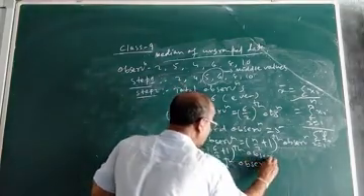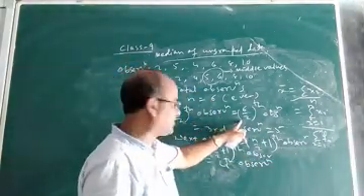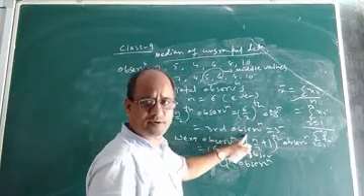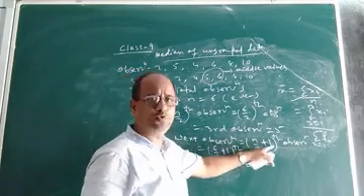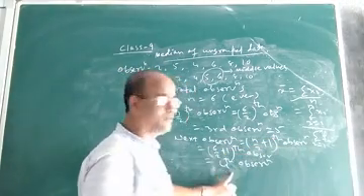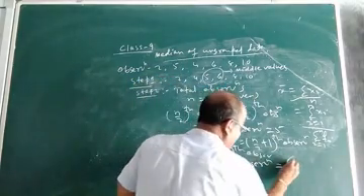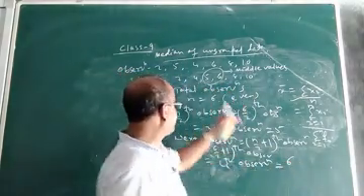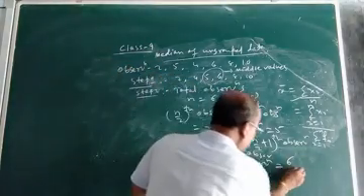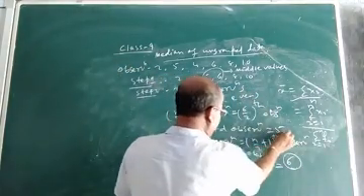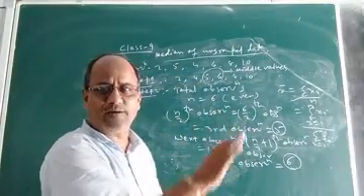So if n is even, first you find the n by 2th observation. In this case it is the third observation, which is equal to 5. Then the next is the n by 2 plus 1th observation, the fourth observation. Look at the fourth observation: it is 6, written in ascending or descending order only. Now we got the two observations, 5 and 6. That means we got the two middle values.